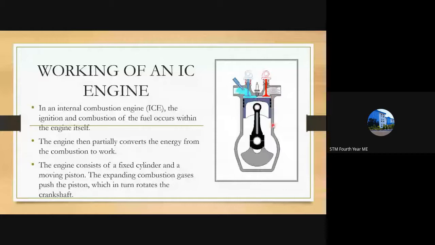Then there is exhaust remaining inside the cylinder. You can see a gray part, and that is pushed out through the exhaust port. This is called the exhaust port, wherein the exhaust valve opens and the piston moves from BDC to TDC. Such is the 4-stroke process of an IC engine. So this is how generally power is obtained from an IC engine.